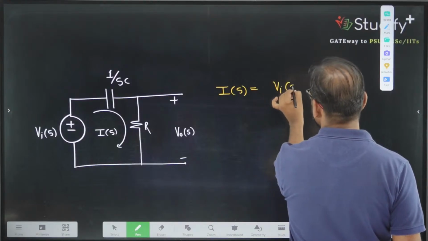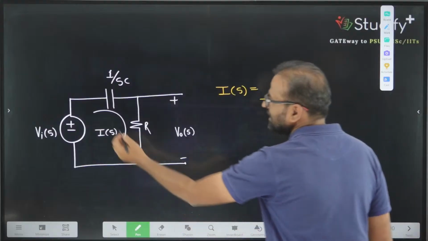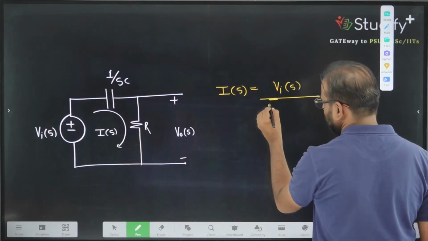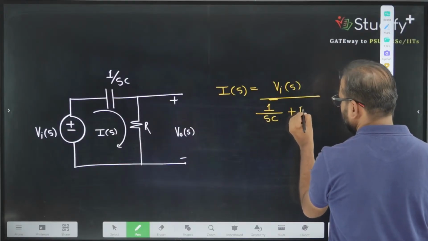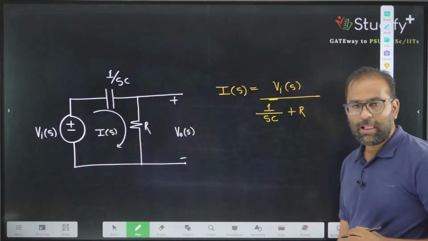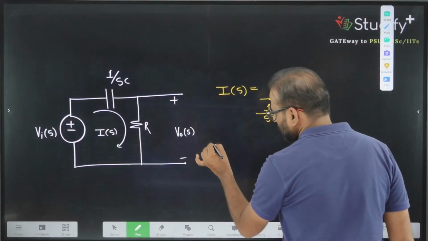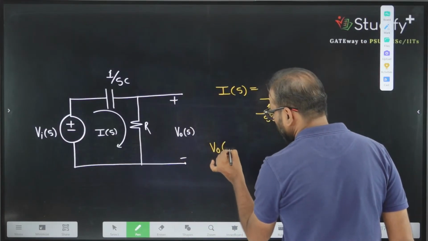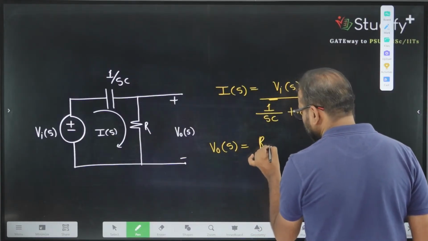Vi of S divided by two resistances. One is a frequency dependent resistance, we can call it 1 by SC, and the other we can call R. Correct? Now I am interested in the output value. So what is the output? The output V output of S is given by R multiplied by current